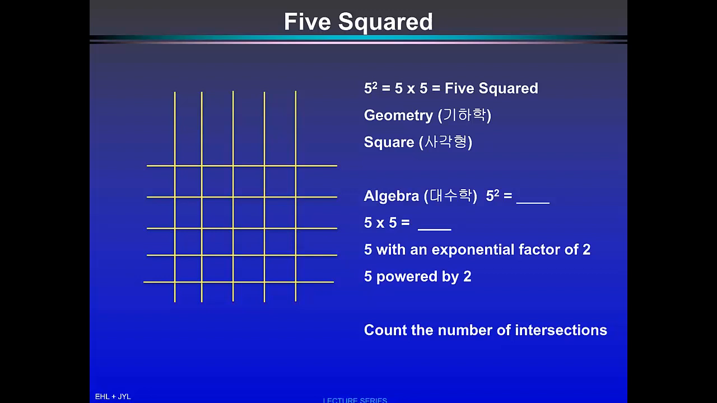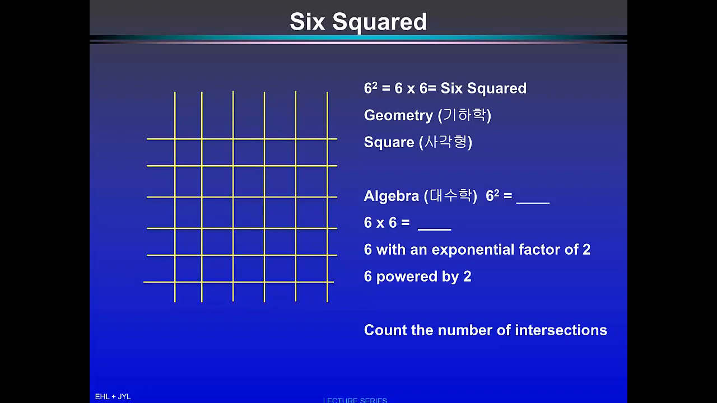5 squared, or 5 times 5. Again, you have a geometry, a figure of a square, which is 25. 6 times 6, or 6 squared, is 36. And if you see,